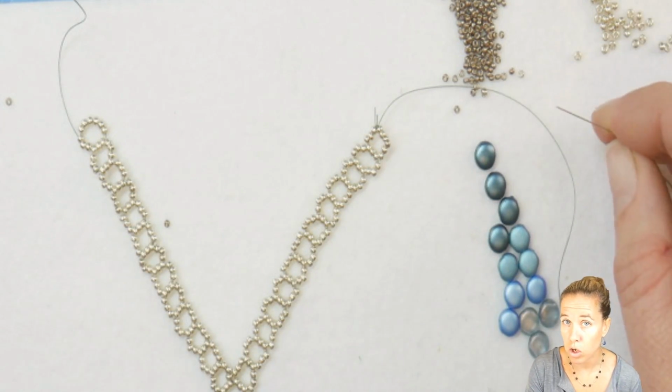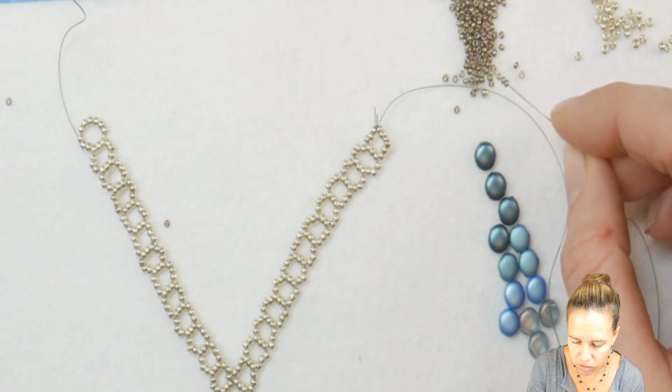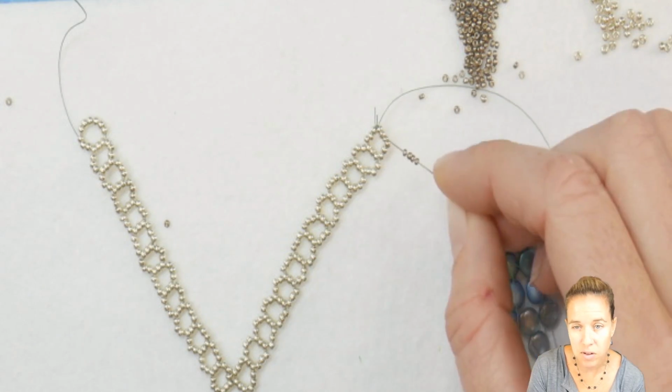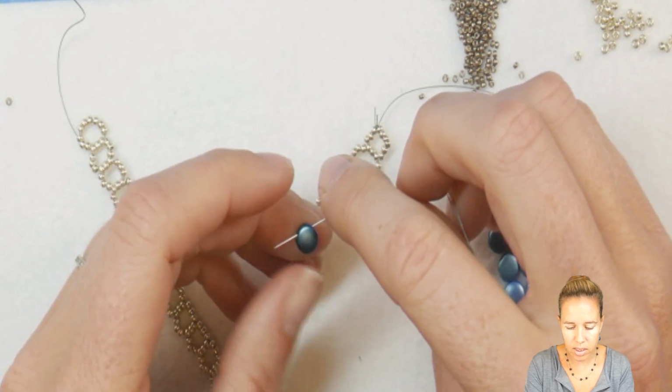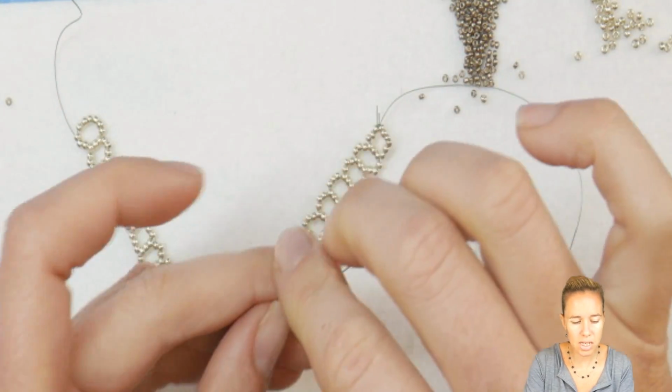You can ignore that if you started with about 5 feet of the beading thread and the .006 Wildfire. I'm going to add in 4 of my 15 seed beads. The 15s that I'm adding are the Duracoat Galvanized Pewter. From here, I'm going to go through my DiscDuo,